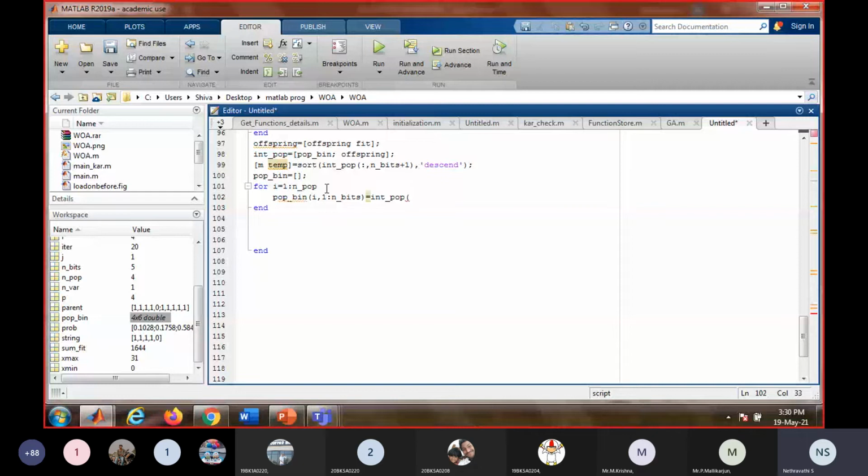And we have sorted this right here. We will take that temporary array. And then we will put our fitness values also into one place: ith row, all columns.